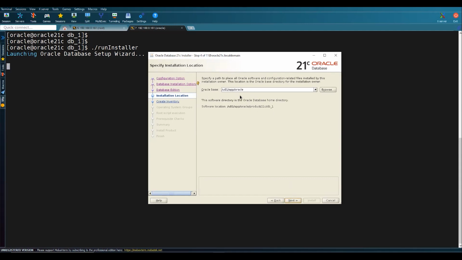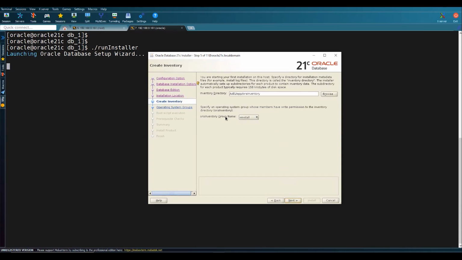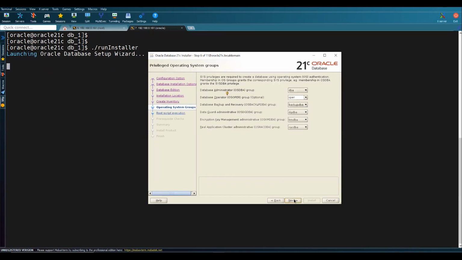And this is going to be my Oracle base location, and this is my software location. That means this is going to be my database home directory structure. Okay, so I just move on, and then we have the Oracle inventory location set on u01 app oraInventory, and this is going to be my Oracle inventory group name. So oinstall will be my Oracle inventory group. So next, click here, and then if you want to modify the roles of your database administrator, based upon the various groups available on the system, you can modify these roles. Okay, so basically these are some of the roles that you can use based upon the available groups.